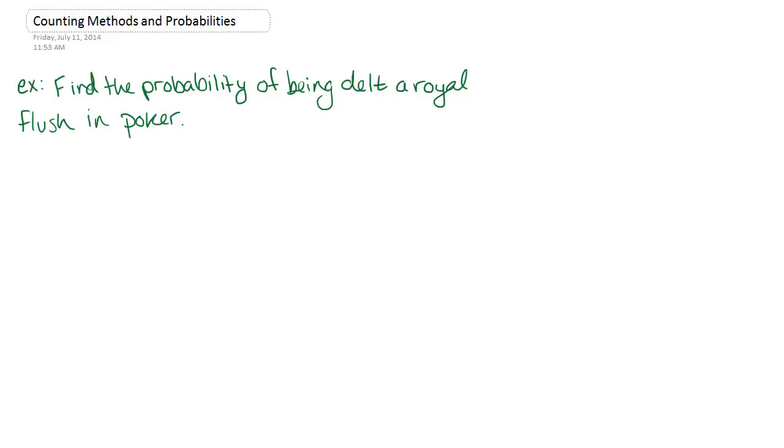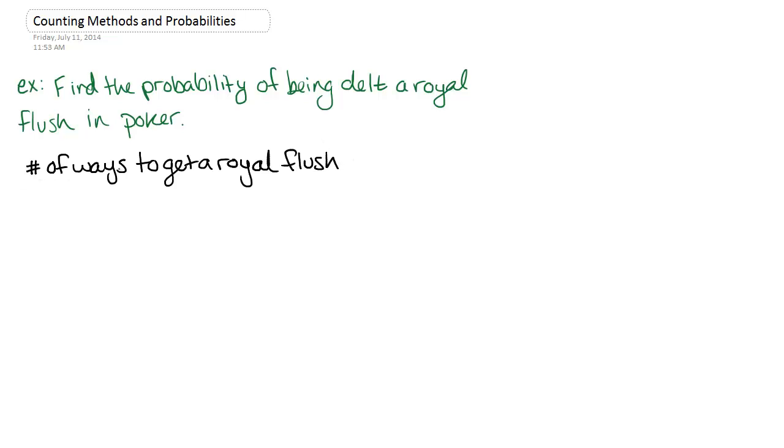In this video, we're going to talk about how to use the counting methods that we've discussed in order to compute probabilities. So this first example: find the probability of being dealt a royal flush in poker. We're going to compute this the way we did our very first probabilities, but using counting methods. So I first want to think of this probability as